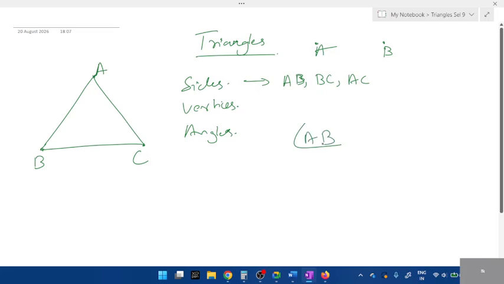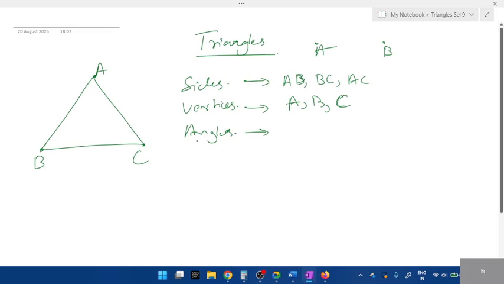Is this the way to write AB? No, you shouldn't write this angle symbol. And if I say angle, they'll write AB here. So they'll interchange the values. So side meaning A to B, B to C, A to C. Vertex. Vertex is just a point where two lines meet. What are the three vertices we have? A, B and C. Again they get confused with sides and vertex. Vertex meaning single point, single alphabet: A, B, C.